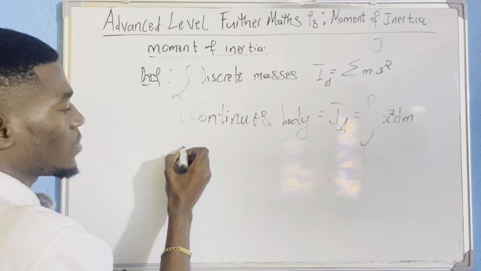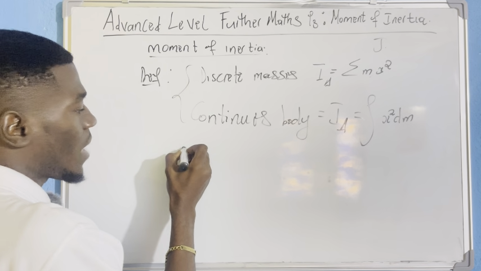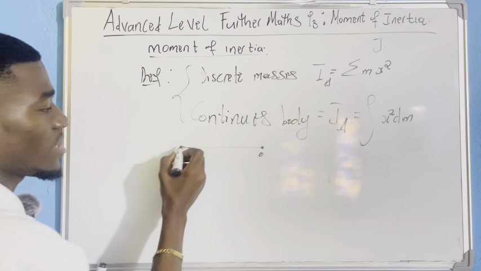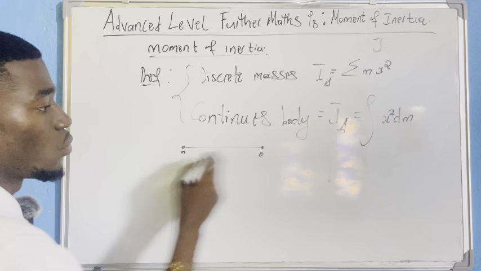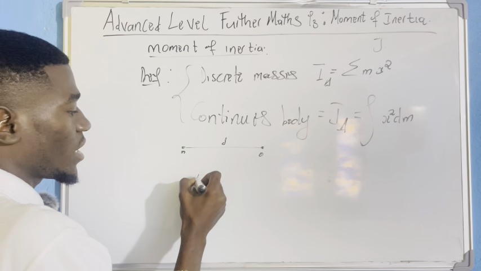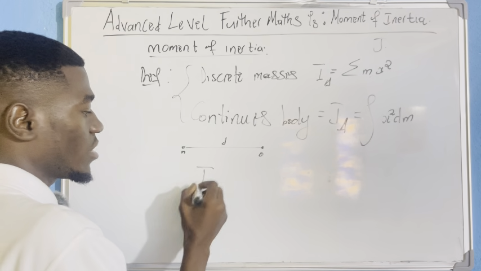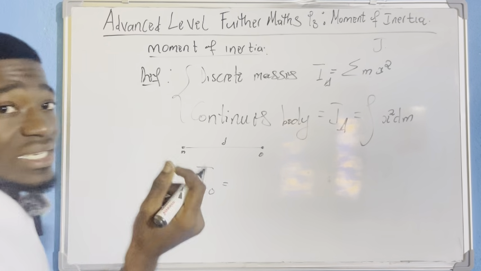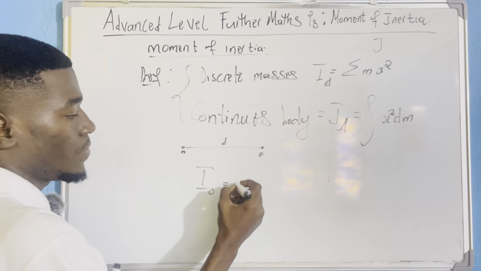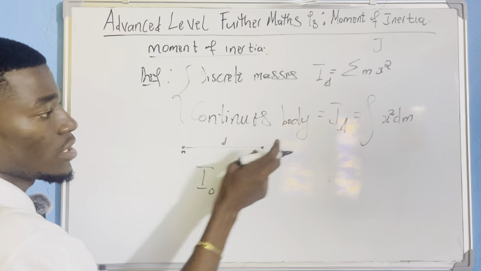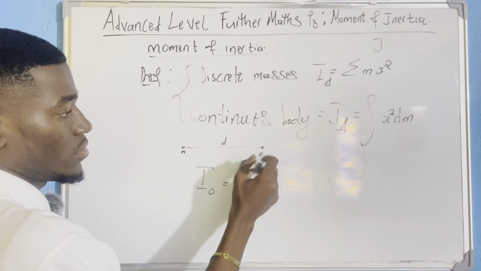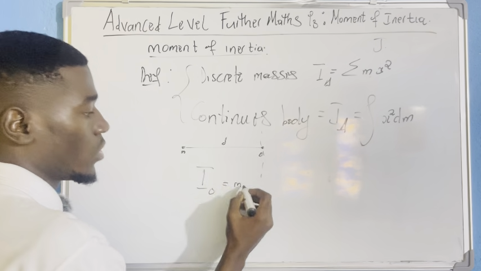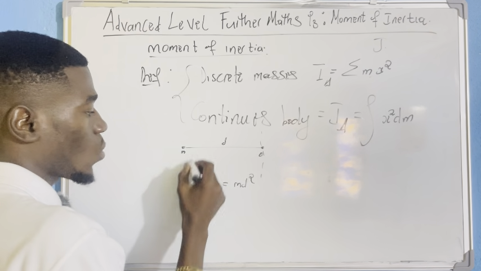I have a body considered as a point mass, and I want to rotate that body about an axis placed at point O. The distance from the point mass to point O is d. The moment of inertia of that point mass about the axis O is simply equal to what? The mass m times the distance from that mass to the pivot, or to the axis of rotation. The axis of rotation can be an axis passing through O. So d then what? Squared. As simple as that.